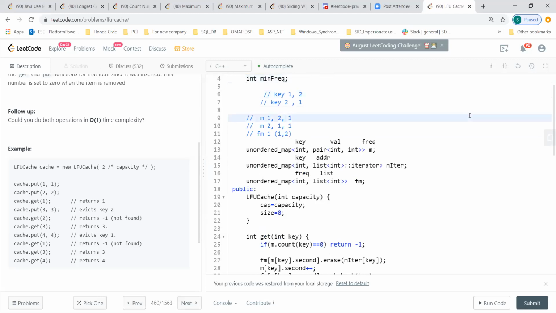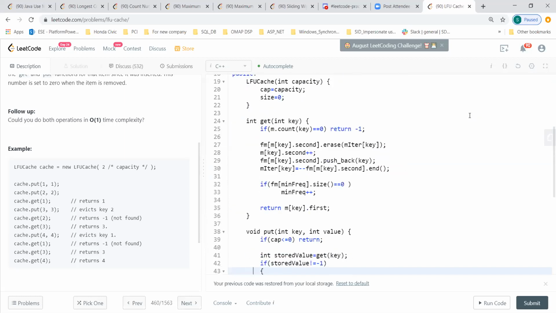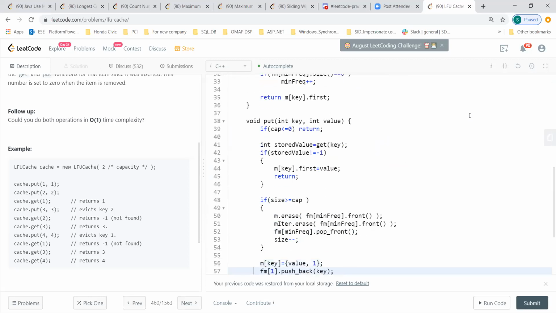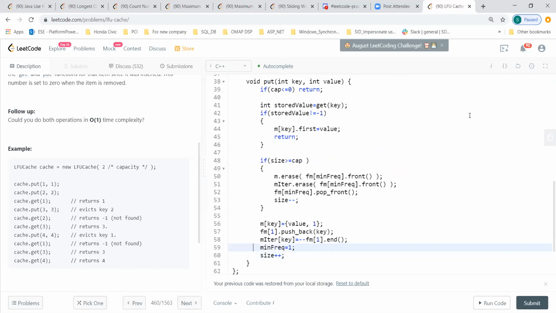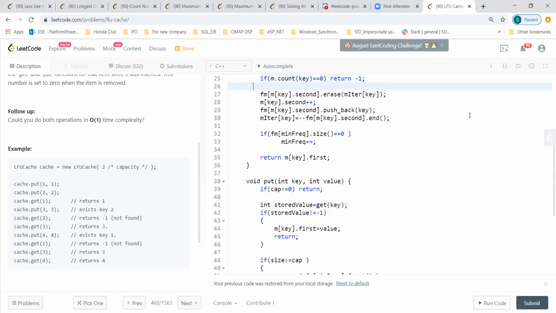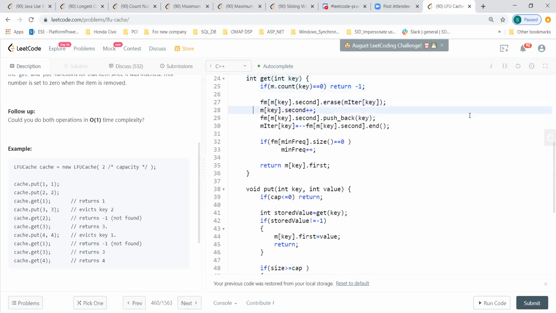So the only thing is about the minimum frequency. Sorry, can you print this minimum frequency for any test case? Where do you want me to put the minimum frequency? Maybe everywhere. It is printed after this if only, like line number 34.